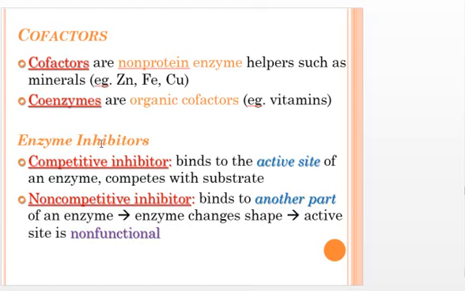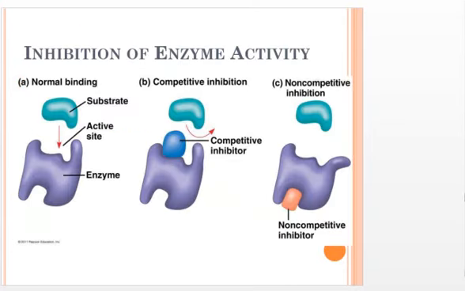And this will change the active site so that the active site is no longer functional. So let's look at a picture of this. This is basically a normal enzyme, and here's our substrate that can fit in here. You can get a competitive inhibitor which can mimic the substrate and bind in its place, so then the substrate can't go in, it can't be broken